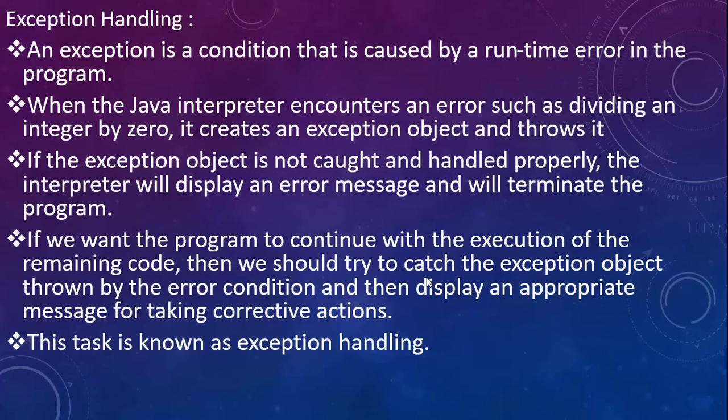So in general, what is exception handling? Suppose in a program, on a particular line, there is a statement which raises an exception. The exception handling mechanism is the one wherein there will be some mechanism that you incorporate in your code, so that if an exception is found at a particular line, the block you have introduced will catch that exception, and the program will not terminate abruptly. Rather, after catching and handling the exception, the program will continue with the remaining part of the code. That is basically the exception handling we want to achieve.